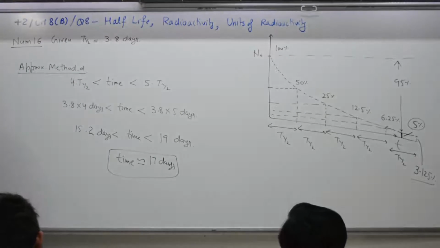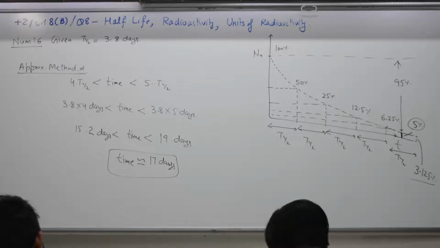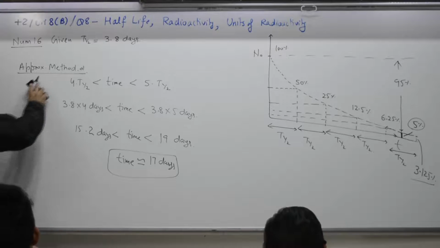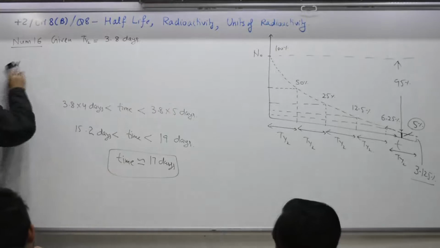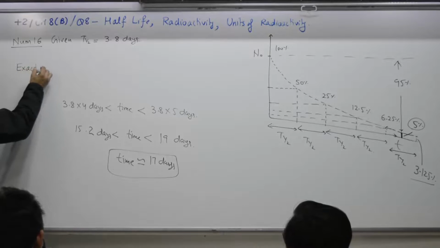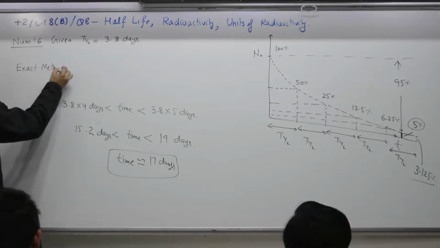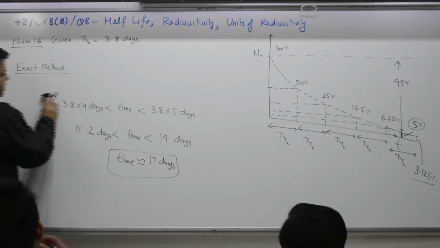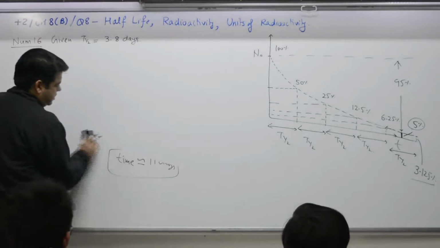Now we will have the exact method. The answer to this part is how many days? 16.43 days. This is the approximate method. Anyone? Exact method. Method 2. Exact method is